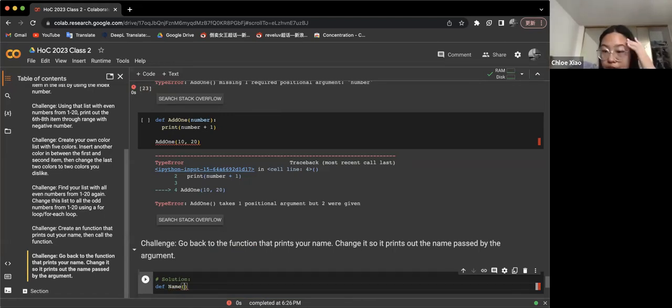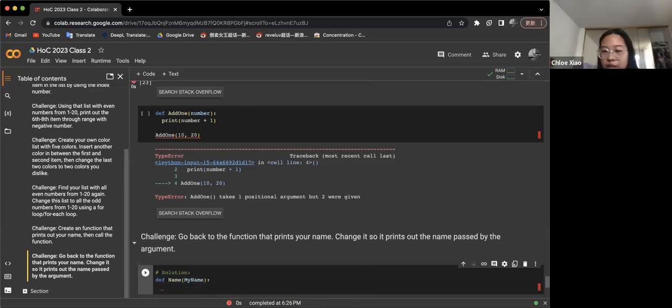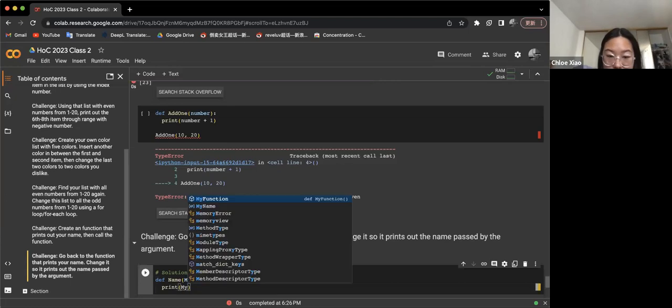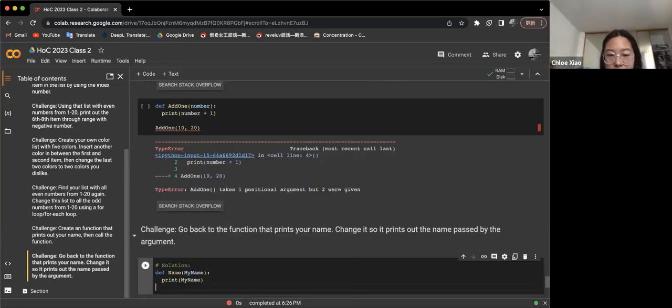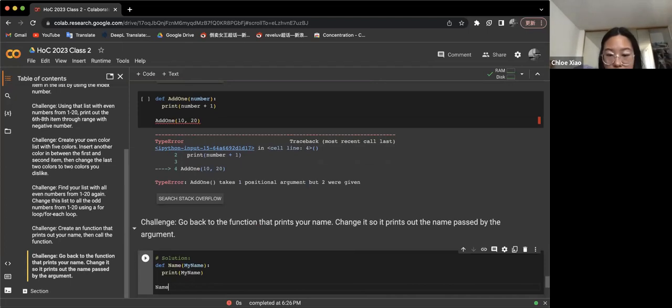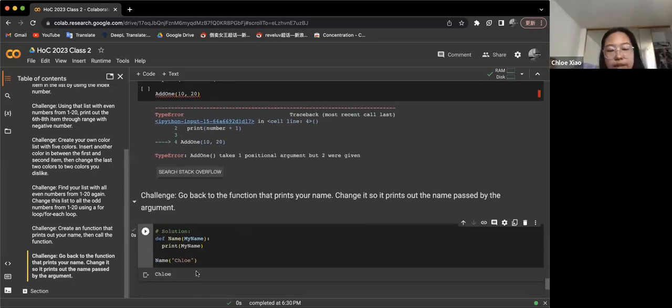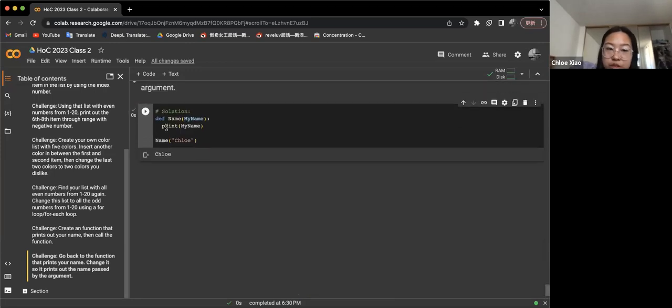So I will define my function as name, and then my input is my name. And the code inside it is print my name, which is printing the name I inputted when I call it. So I'm going to call it with 3. And then my name is printed, but you can see it's different than just an empty input with just print